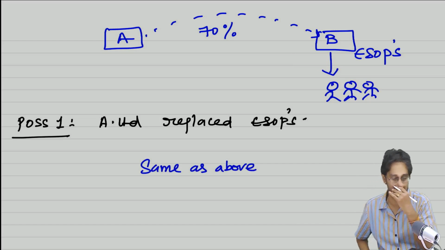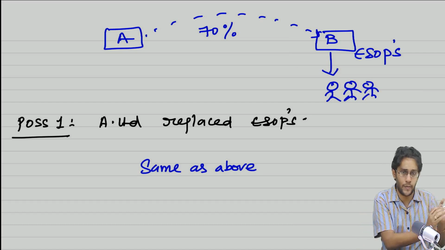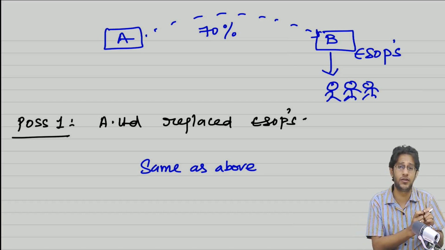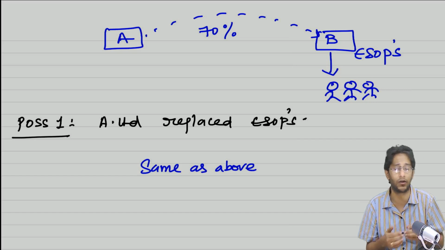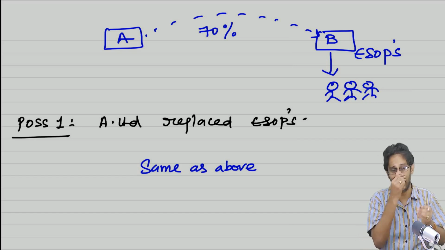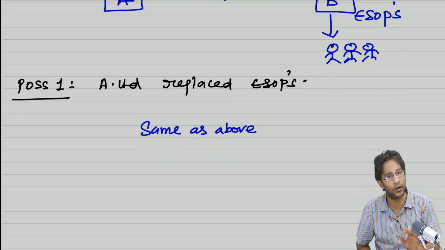So all you have to do is, in the new ESOPs' fair value workout, make it into two parts: pre-combination, post-combination. The pre-combination services number will be the fair value of existing awards into vesting period completed divided by original vesting period or the revised vesting period, whichever is higher. That number you will go and add to PC, that's set. Same thing here also you will do, no change.